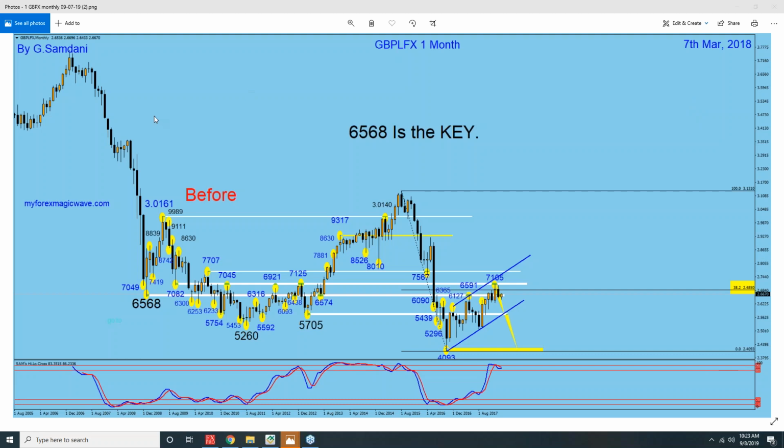This video I'm making about the pound index and pound pairs. So let's get started. This is the pound index monthly chart I made on 7th March 2018, and it's a monthly chart. You can see here